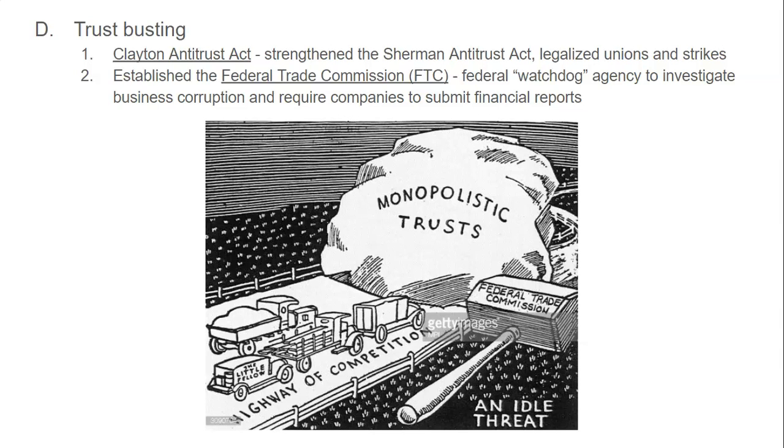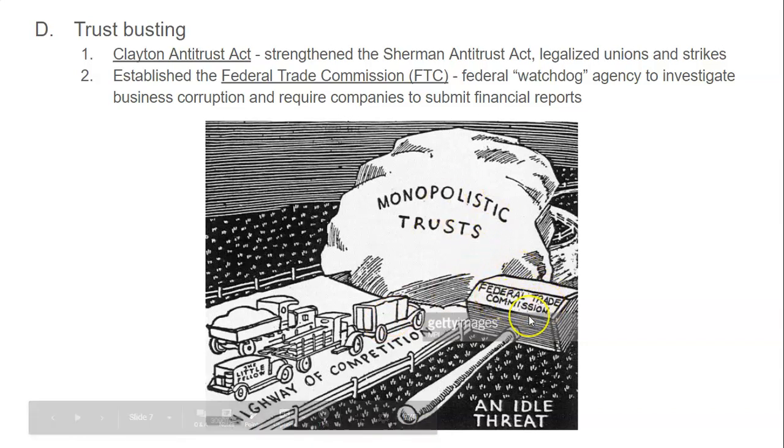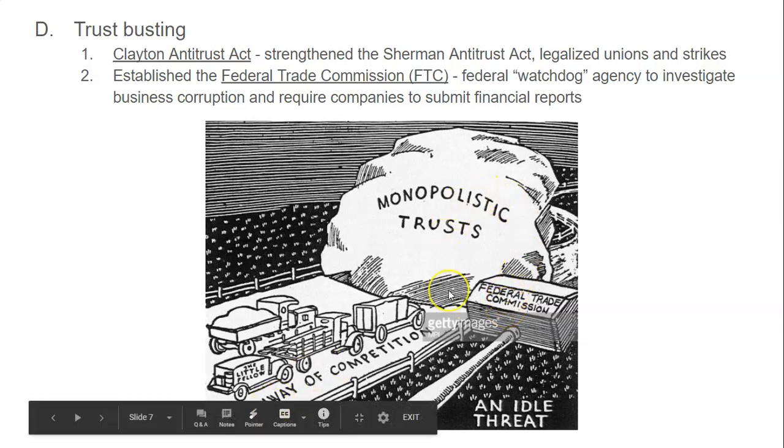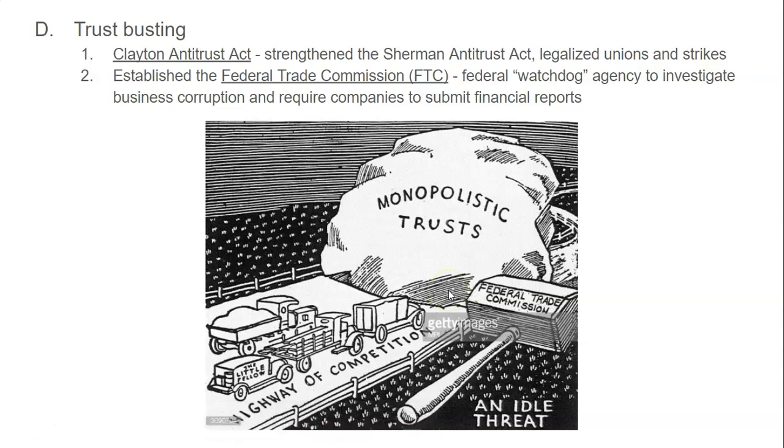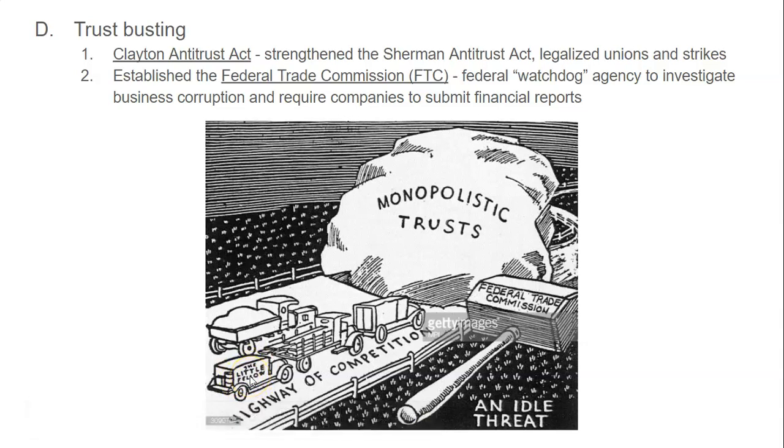You can see in that image below that the trusts were obstructing competition, right? And so by breaking up trusts with things like the FTC or the Clayton Antitrust Act, then hopefully the highway of competition will be open again, and there will be lower prices for consumers, as well as, you see, this is called the little fellow. The average American who's trying to open a business could hopefully compete in this type of economy, and that would open up prosperity for more Americans.